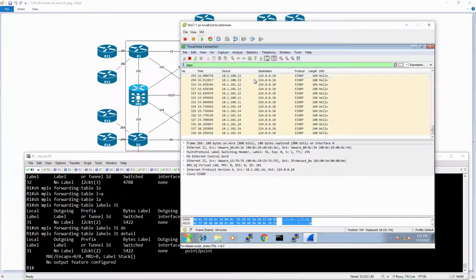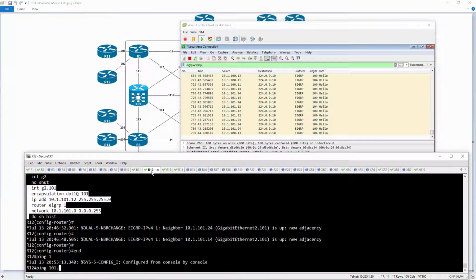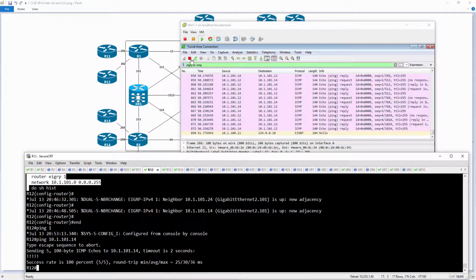So right here we have this going across, and you'll see 32 is from 12 here, and 12 and 13, we see it going back and forth. We see label 32. This is coming from... but if I go to 12 here, I'll put in ICMP, and I'll put in on 12, I'll ping 10.1.101.14, and if we stop the capture